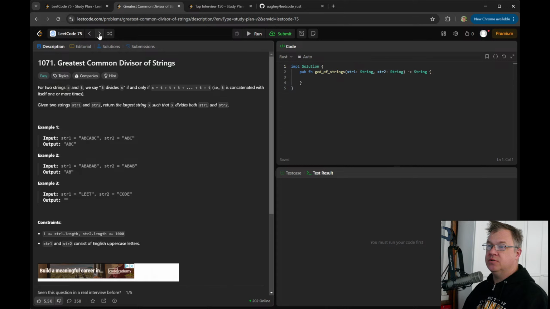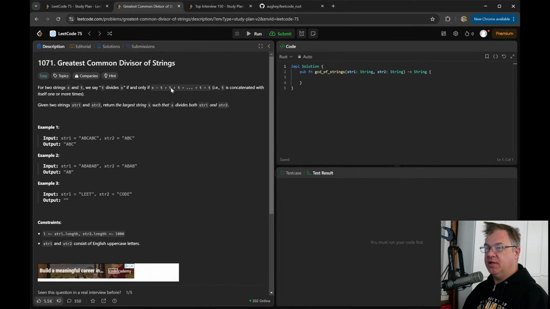Next question. Good. Greatest common divisor of strings. Man, we're only doing like one an hour, but that was a good one. I like this just from the point of view of this. I can't imagine that there's other people that implemented this way. Well, I can, but they're not likely to do this.